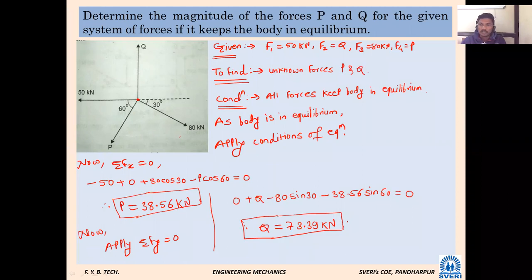Only these things are asked, nothing else. The unknown forces P and Q we are supposed to find. It is not asked to find their resultant, nothing. If you will find its resultant, what will happen? How will you